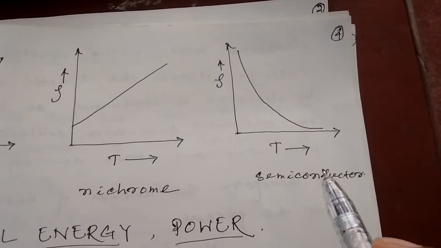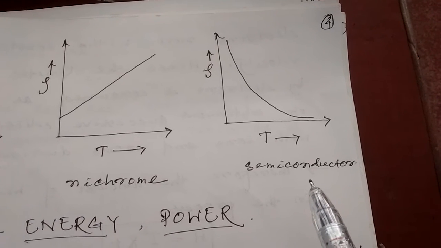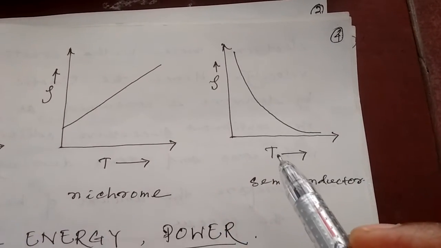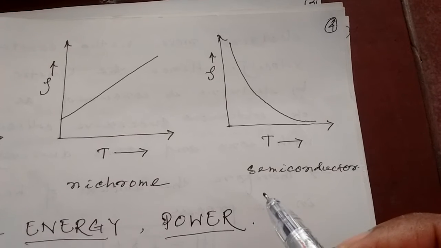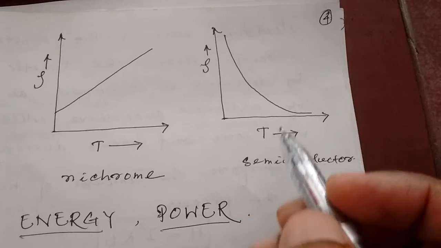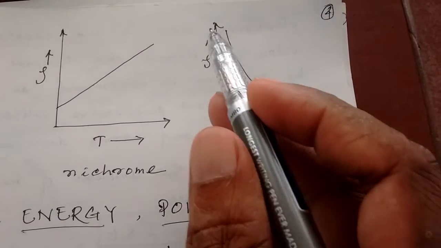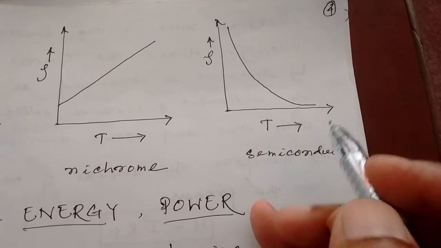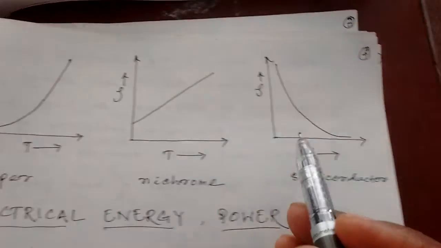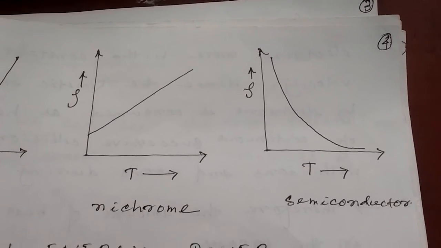This is semiconductor. What is semiconductor? Which has resistivity in between insulator and metals or conductors. As you know, semiconductors are having very less number of free electrons. As temperature increases, the number of electrons increases and resistance decreases. That's why resistivity also decreases. Okay, exact opposite of metal. You can see this is like this, this is like this. Okay, so much for today. Thank you.